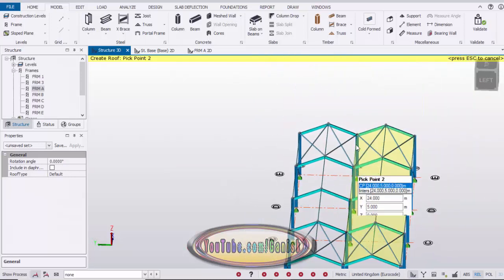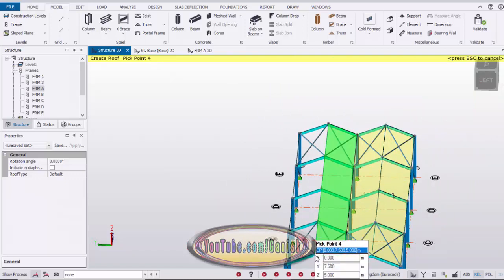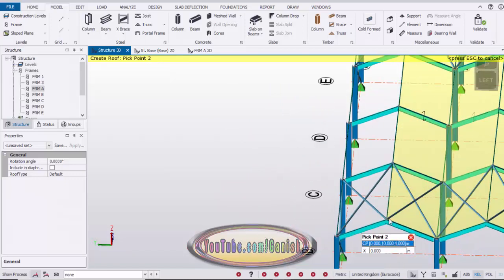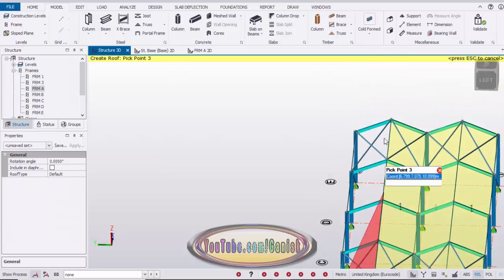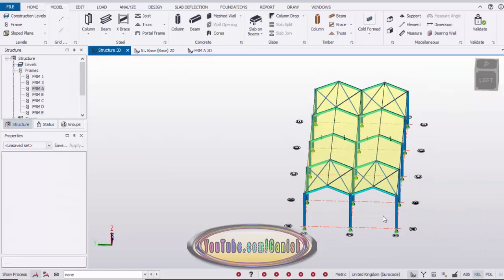These panels are created for applying the load on the roof, so we need to create these roof panels. So pick the first point and second, third and fourth and pick the initial point to create the panel. Click on escape to exit the command.